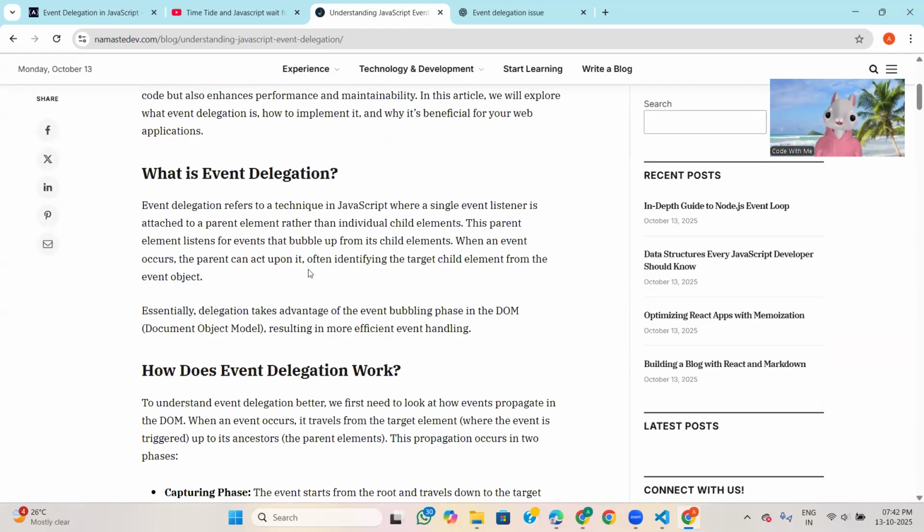This parent element listens to the events that bubble up from the child elements. When an event occurs, the parent can take the action and identify the target element from the event object. So basically, the parent element identifies which child has acted, and based upon that, the parent element will perform.